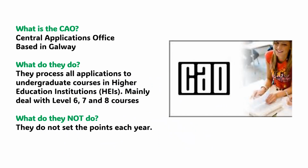I would like to start with the CAO, what it is, and more importantly, what it isn't. The CAO stands for the Central Applications Office, and it is based in Galway. The CAO manages all the college applications on behalf of the sixth-year students who may be applying to go to college. Rather than an individual student applying to all the various colleges separately, they make only one application to the